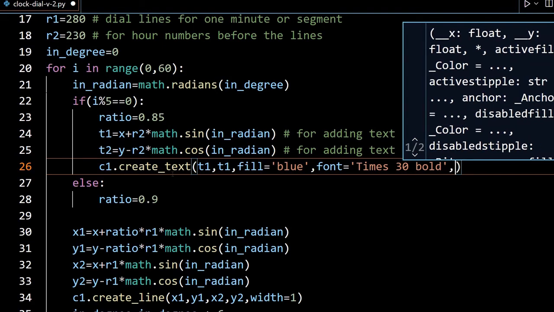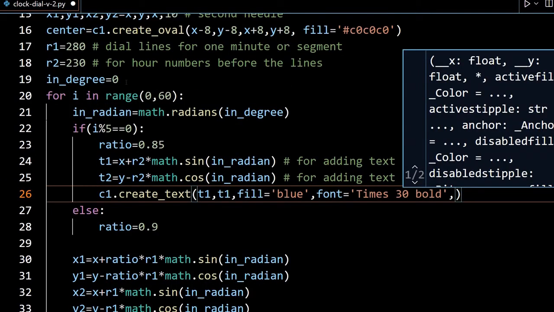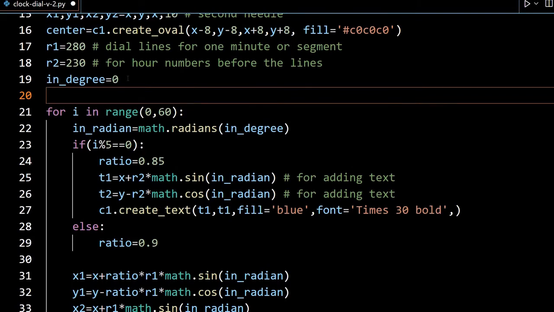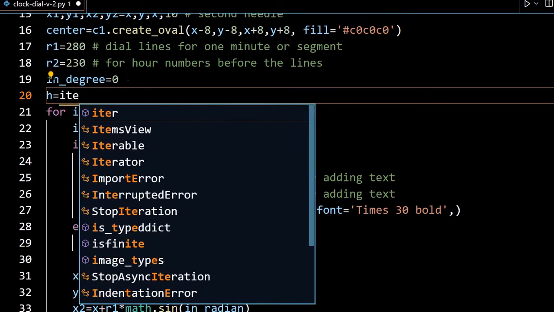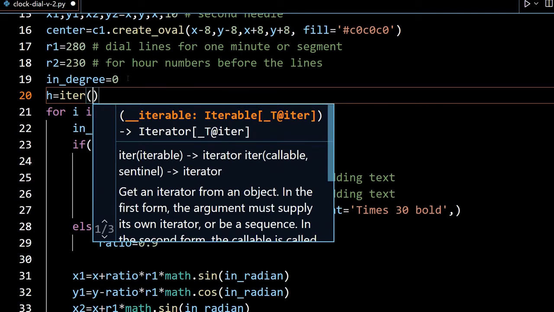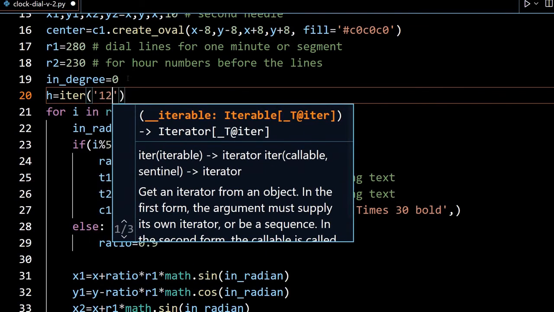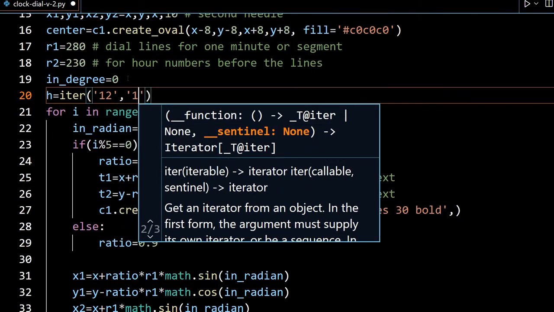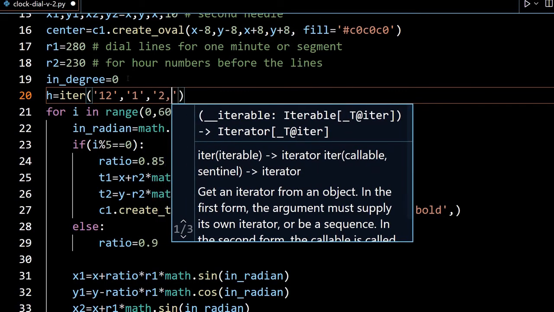And one important thing I forgot here. Okay, let's wait. Let's create what you are going to write. Here I will create an iterator. So it is h I am giving, for the hour, the variable name. It is outside before the for loop. ITER. It's an iterator. So every time it will take one value. So first it will start with 12, because 12 o'clock, 0 position is 12. Now next is 1. Next is 2, and these are strings, not numbers, so I am writing it.